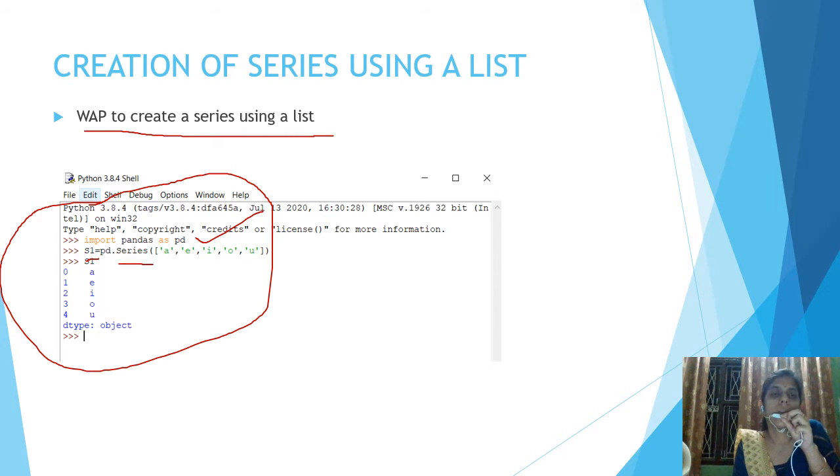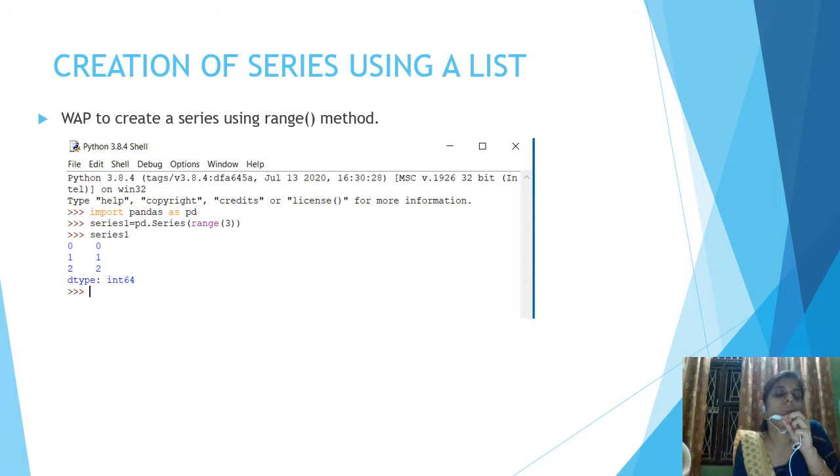and Series is the keyword, and in the bracket we are passing a list of vowels. When we print this series, in the output there is a series with 5 elements where data is vowels and the index is automatic. Note down, the index argument is missing in this series object S1 that we have created, and this is a series which takes automatic index, starts from 0 and ends at 4.